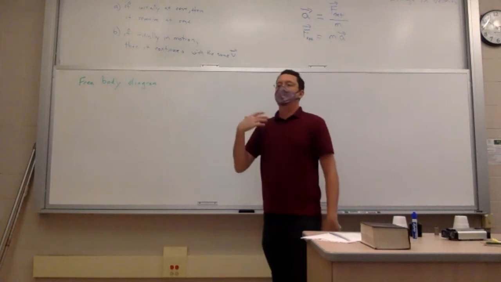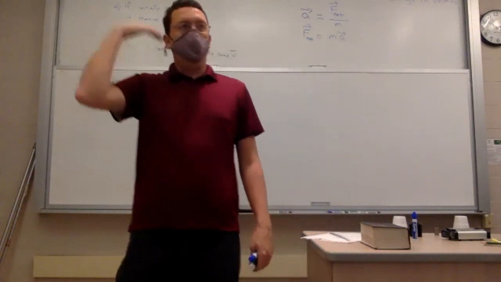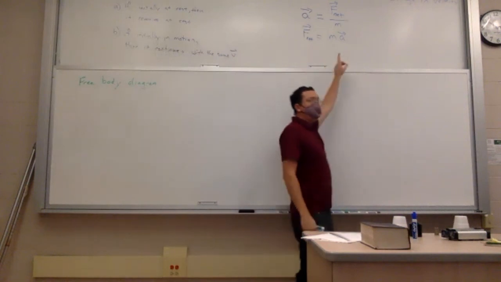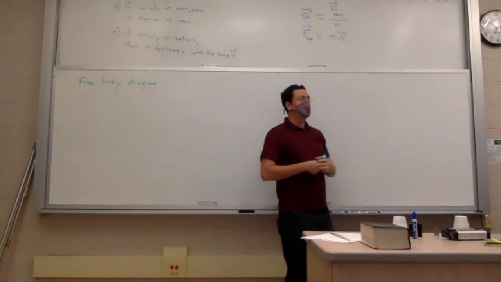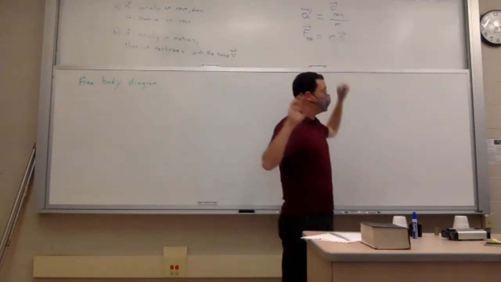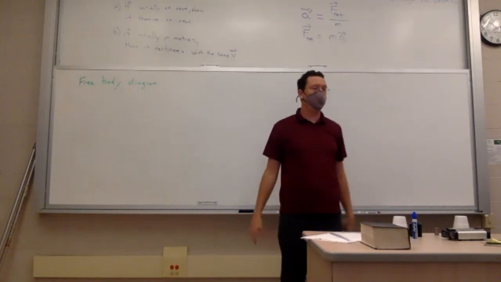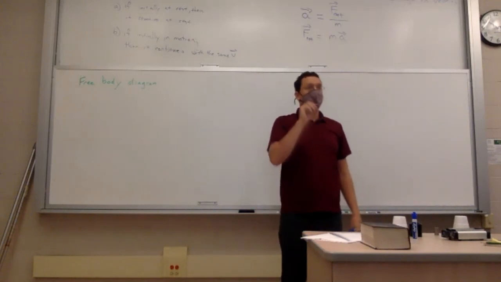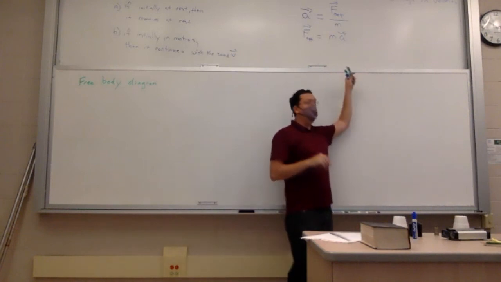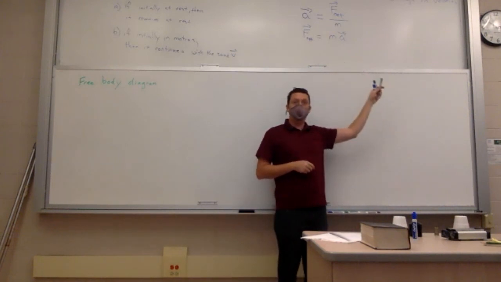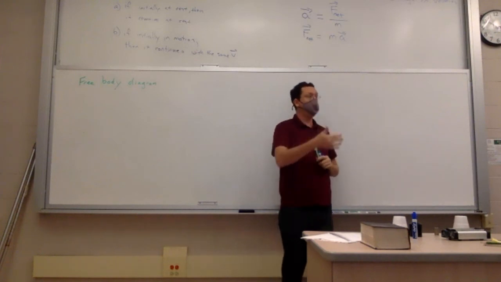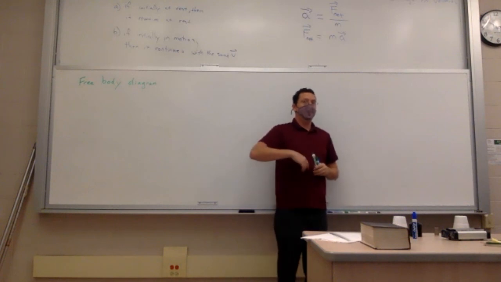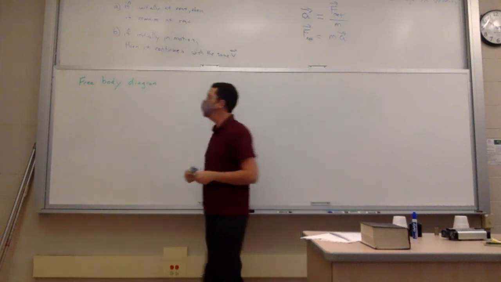Okay. So how do we do this? Remember, the goal is to find the net force on an object. That's all we care about to use this law. That's the only purpose of a free body diagram. So we need to put all the information needed to find the net force and basically nothing else. If we start putting extra pieces of information and we're not careful, we'll end up mixing in things that we shouldn't. And so we don't want to do that.